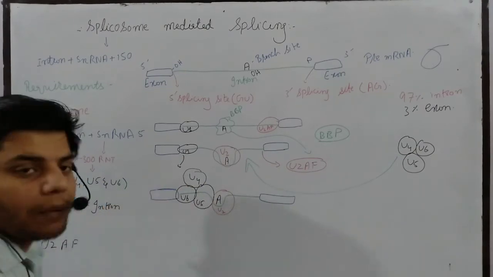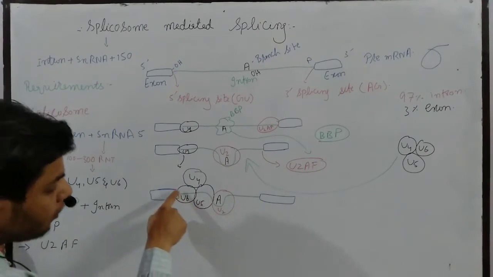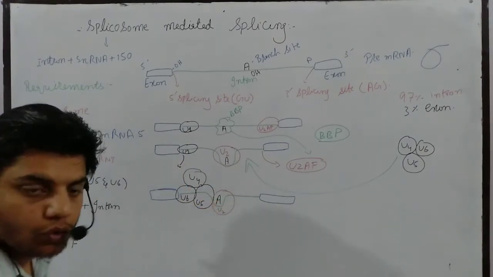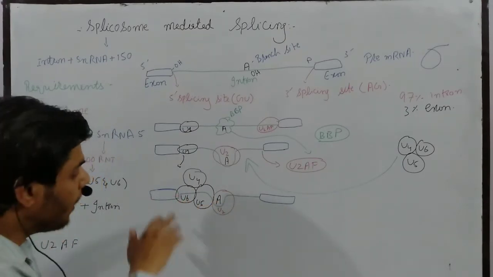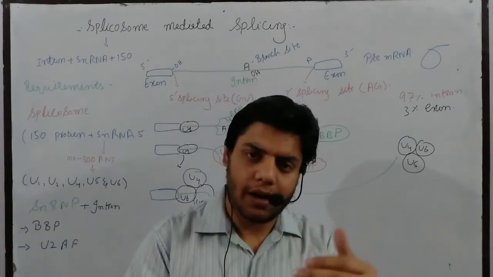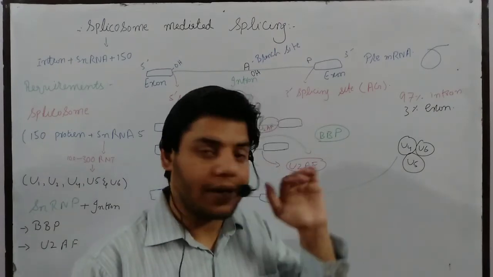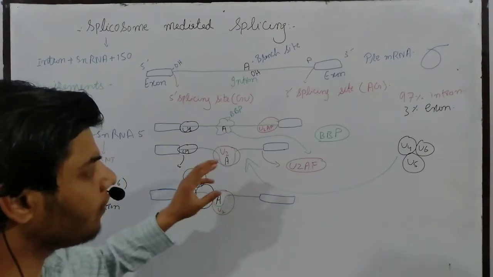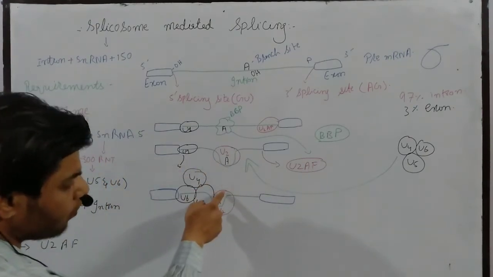So this complex is formed, as you can see. Now what happened during this stage? The U6 will attack this U2, or rather these A residues, because with this U6 we have the hydroxyl molecule, which is a hydrophilic molecule, and it will attack this A. So with this A, once this U6 shifts to this A